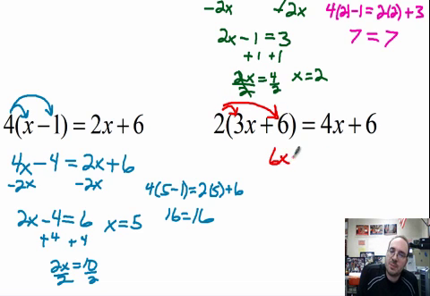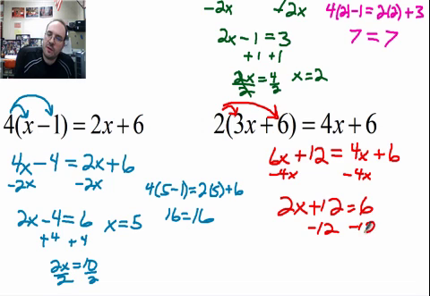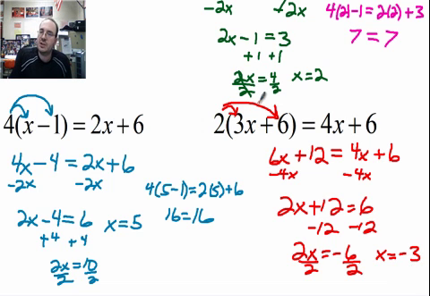So I get 6x plus 12 on the left, and then 4x plus 6. And then I subtract 4x from both sides, and I get 2x plus 12 equals 6. And then I subtract 12 from both sides, and I get 2x equals negative 6. And I divide everything by 2. I get x equal negative 3. And I am definitely going to let you check that one